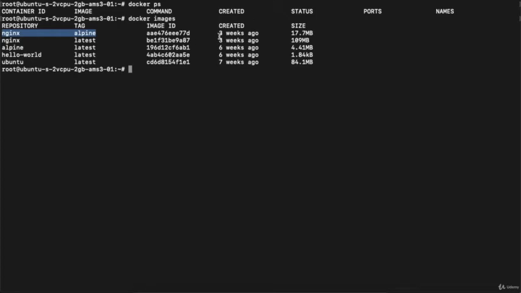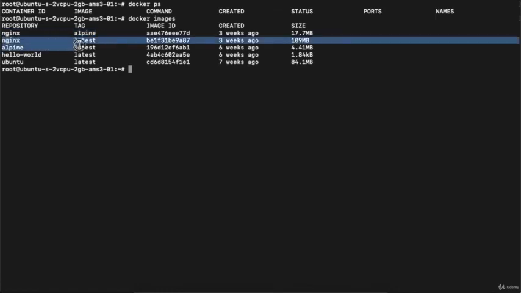Over here we are also getting the time the image was downloaded, 3 weeks ago, and the size is 17.7 MB, right? Now we have another nginx image, the nginx latest version, which has a different image ID and was also created 3 weeks ago, but the size is different.